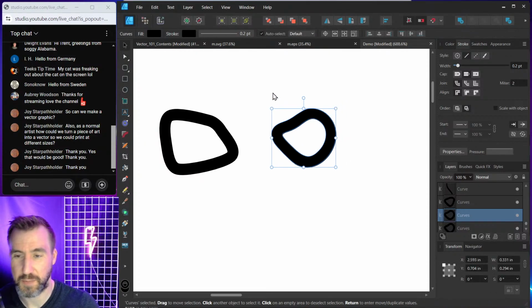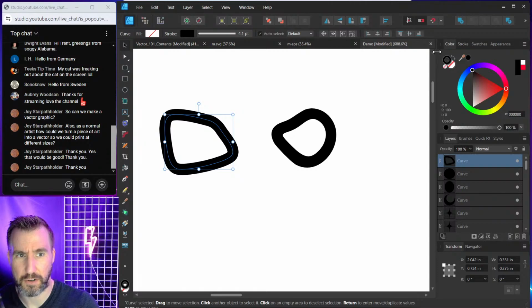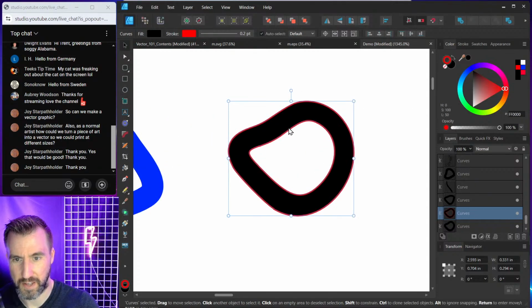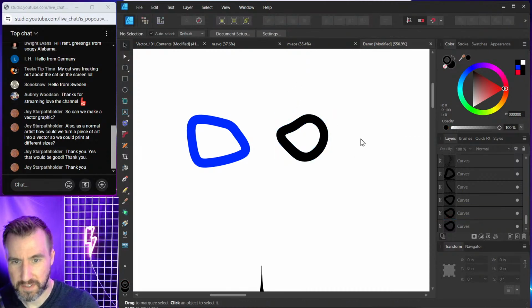Okay. Now this may seem like a subtle difference, but it's important in understanding how you want to change things. Like if I want to change this, I go to the color and I change the stroke, right? But if I go to the stroke and change the stroke here, that's the stroke there, okay? So this thing here is much more like what I showed you earlier, where you have some type of shape,